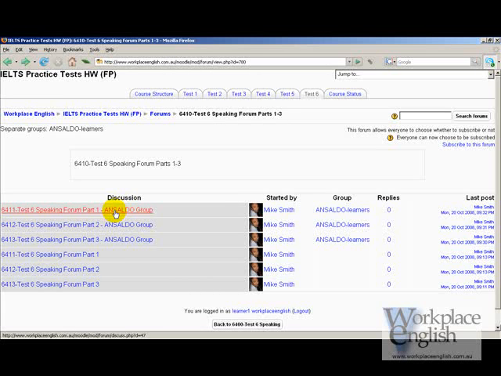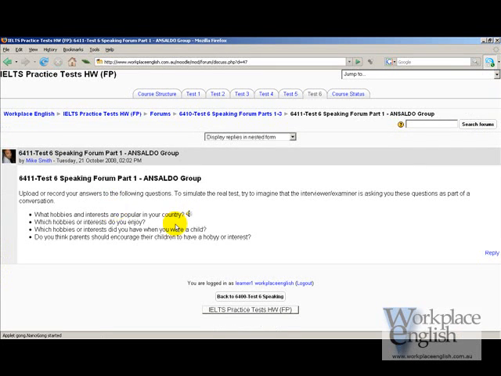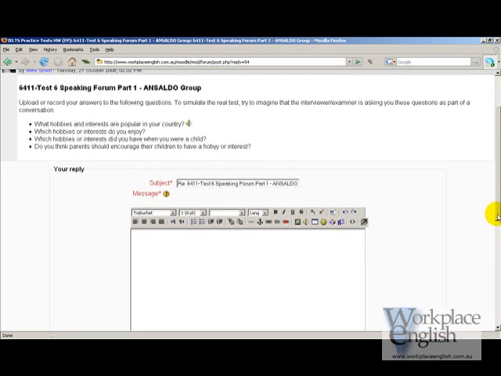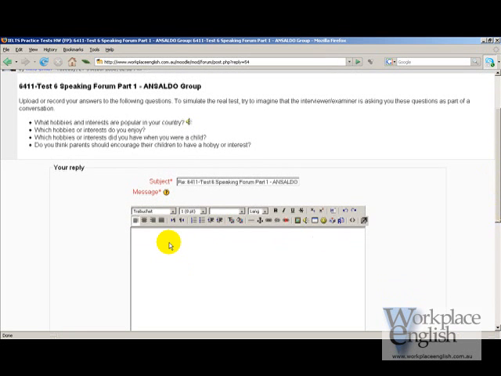So as a student, I go into that forum post, or rather that forum discussion thread, and there is the icon. So as a student, I can listen to the teacher. What hobbies and interests are popular in your country? Okay, now I can reply to that, pressing reply down here. Righto. And perhaps an introductory sentence,